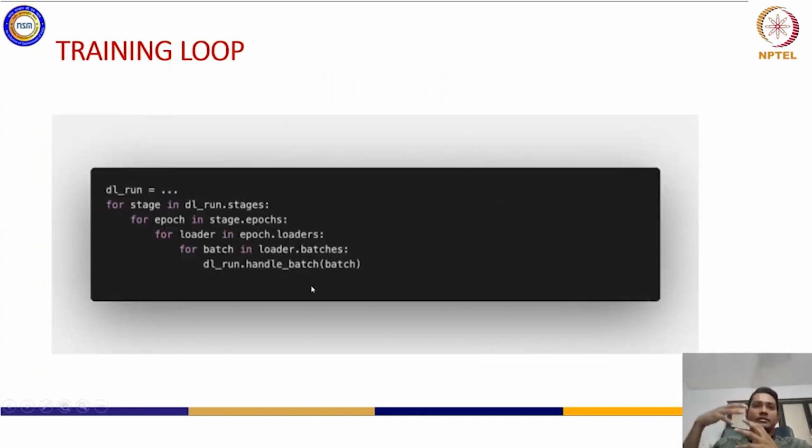If you are considering exploring your training module from different aspects, let's say I do not want only epochs to run, right? I want several batches to run, several loaders, maybe from different data sources. I want to load several loaders for each epoch for several stages. I want to have a multi-stage pipeline in our training. So now we are getting into some advanced stage, but you understand that the training module is not just one iteration of an epoch. There can be several loops that can engage the training pipeline for different exploration.